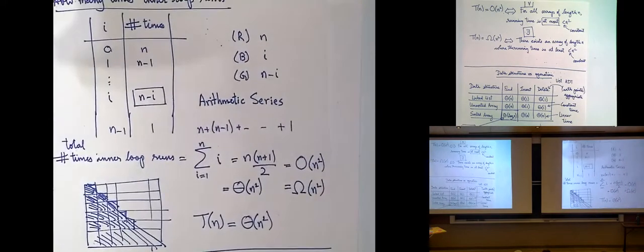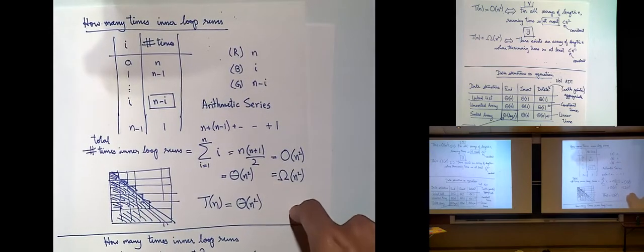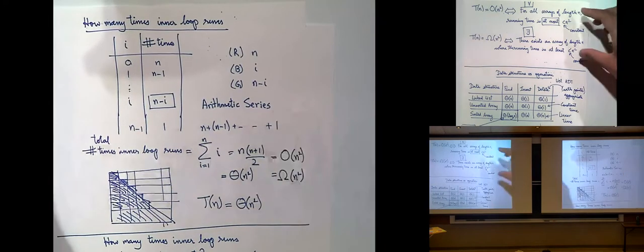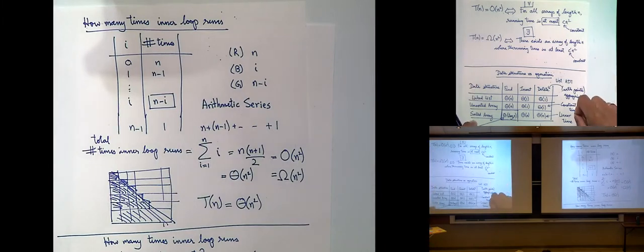I want you to make sure that you understand this logic over here, the theta of n squared for insertion and selection sort. This is important to know. And then understand the difference between the O and the omega, and then this table of data structure operations. Next lecture, we'll do